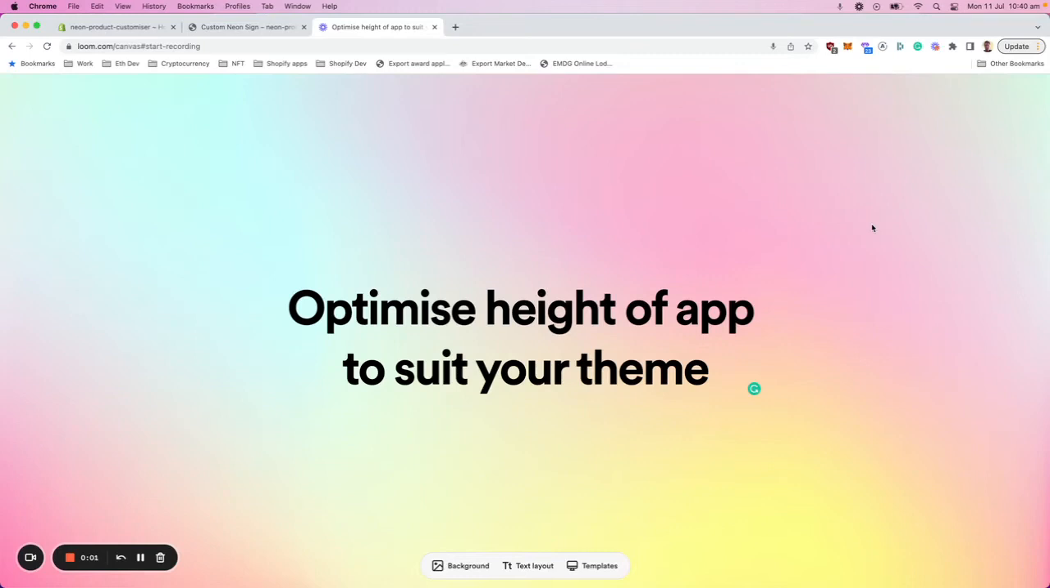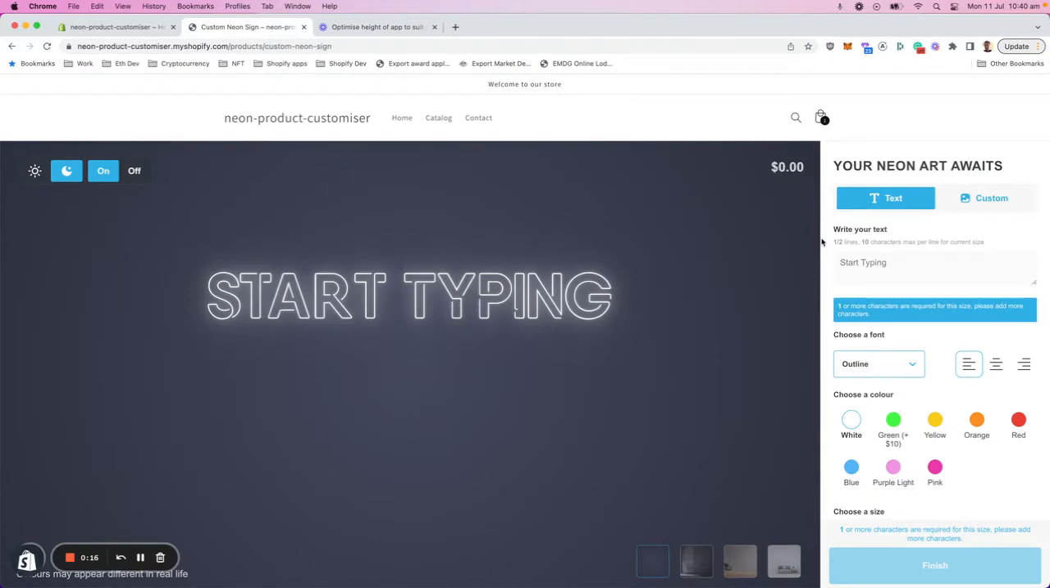Hey, in this video, we're going to do a quick optimization strategy, and that is to basically change the height of the app to suit your theme. The main reason we want to do this is that it will actually slightly improve your conversion optimization. So what we're talking about here is we're reducing the height of the Neon Sign Product Customizer